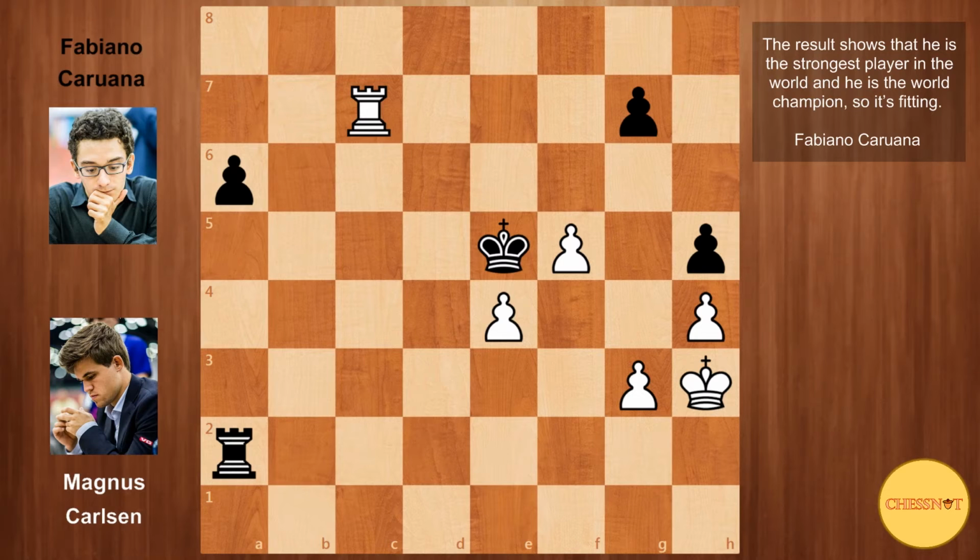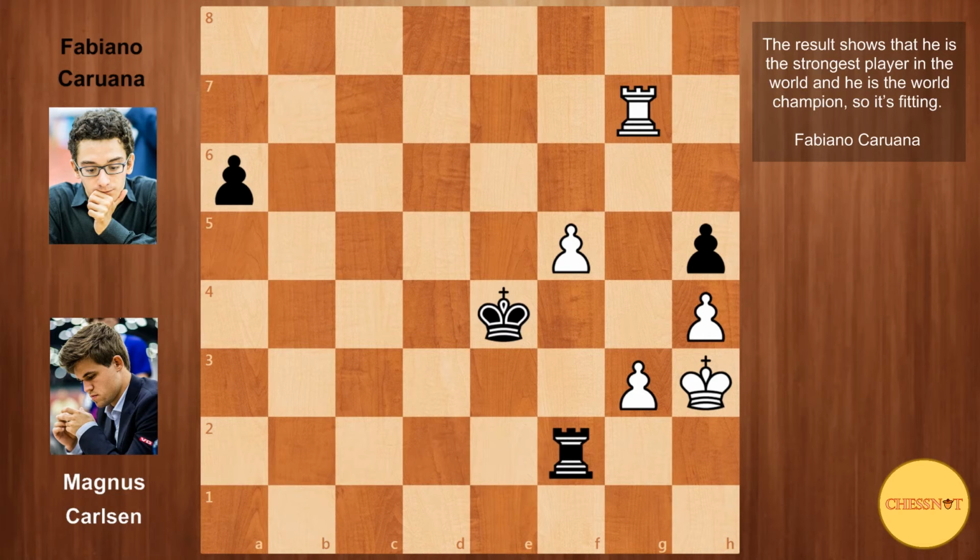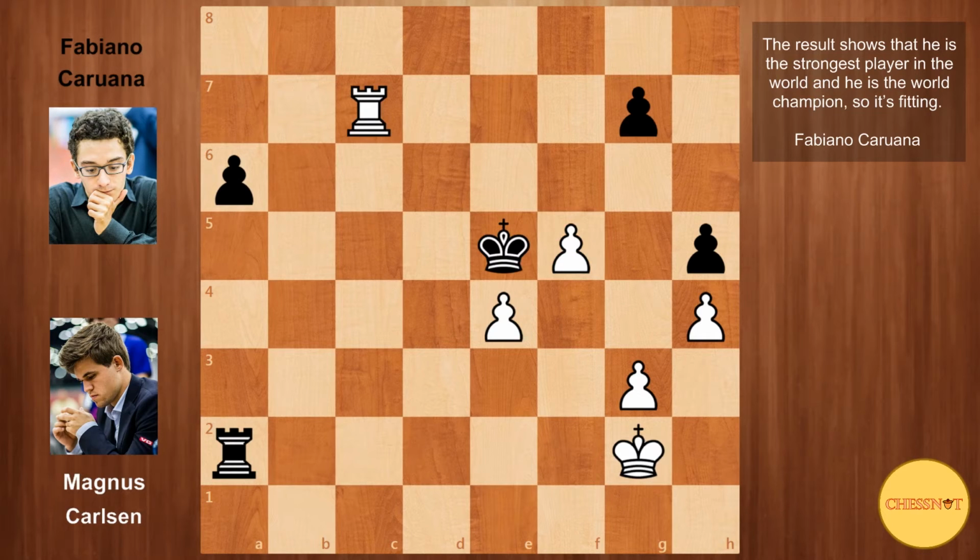So if king to h3, then he can take on e4. So if rook takes g7, then black goes rook to f2, and then he's going to pick up the pawn with the rook. And this should be a drawn position. But instead of playing rook to a2 check, here after rook c7, king takes e4 was played by Caruana, and